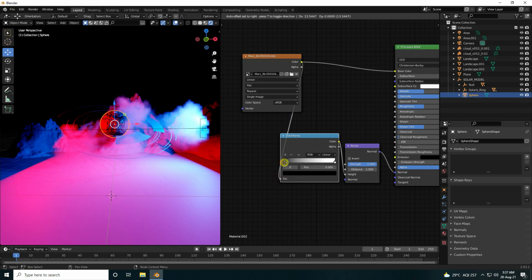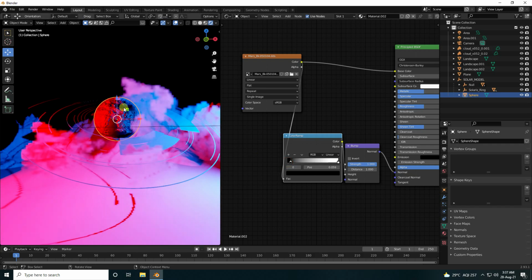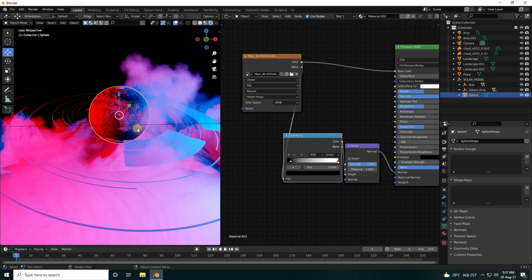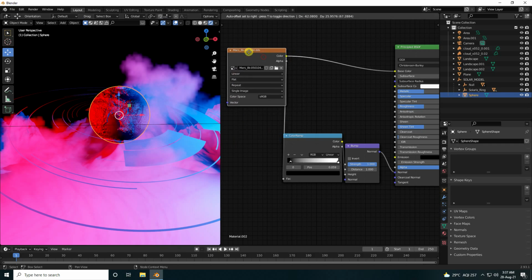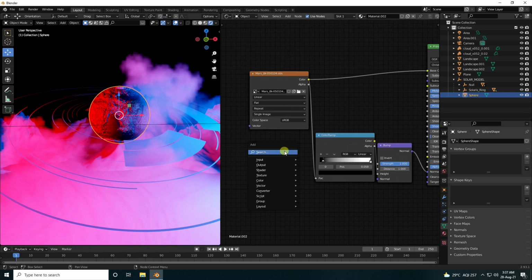Yeah, so go on here. Yeah, so closer. See guys, that's my beautiful texture, right? Okay, so guys, now next one, you can change also UV. So same, shift A and mapping.